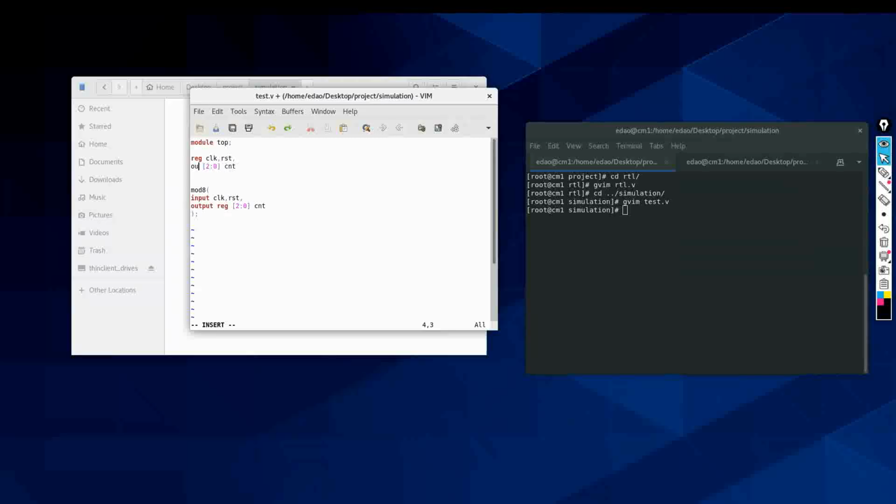Why reg? Why are inputs reg? Why are inputs wire? I believe you guys need to tell me this. Why are we doing this? Anybody? Why am I writing input as wire and why am I writing output as reg? And module. Let me generate a clock